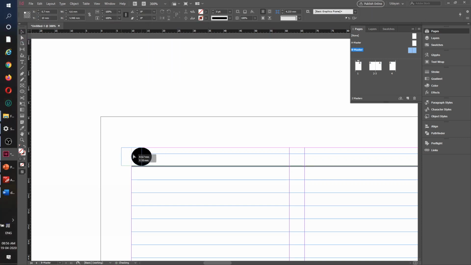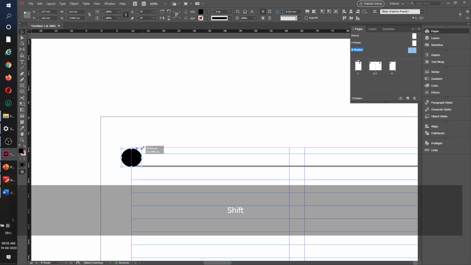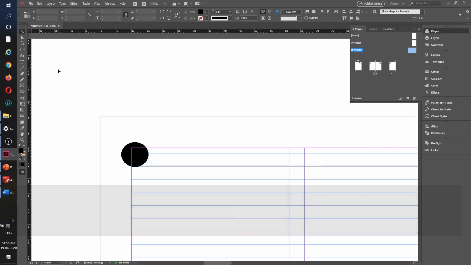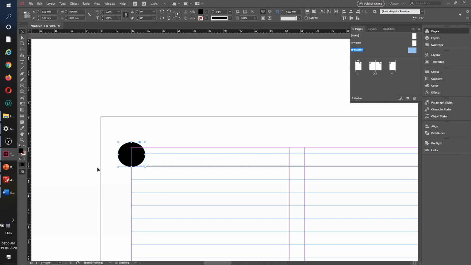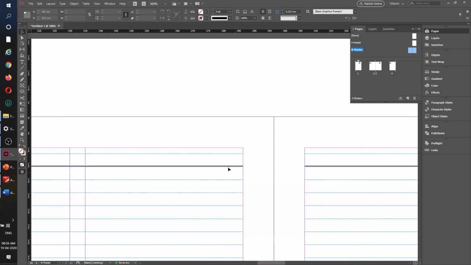I can actually place it something like this so that it feels like the pages, and I will also make it like that. These are all design choices. It's up to you. You want to do, you don't want to do, it's all up to you. I'll just make it a little bit bigger so that the line seems to end with the circle. Okay, something like so. So it will appear that the line is starting from the circle. That's the whole idea. You can think of different design ideas. It is all up to you. You don't have to follow me exactly. And my section name, I will write it here.